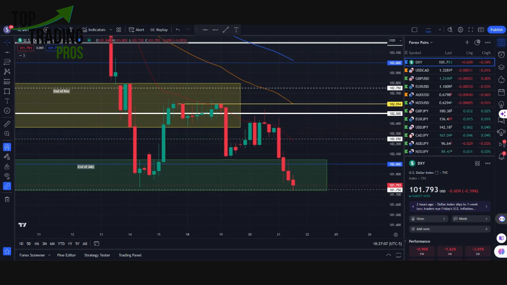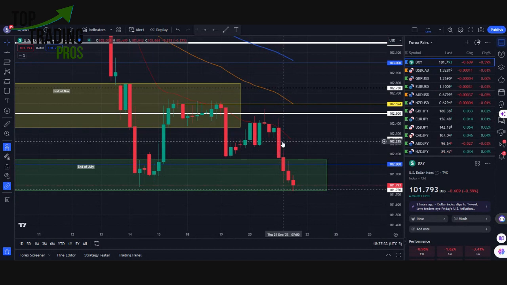And as a result of that, as far as the GDP number, we had the dollar continuing to drop. That's when the dollar positioned itself right up underneath the 102 area. But as the day continued to linger on, the dollar just continued to drop.